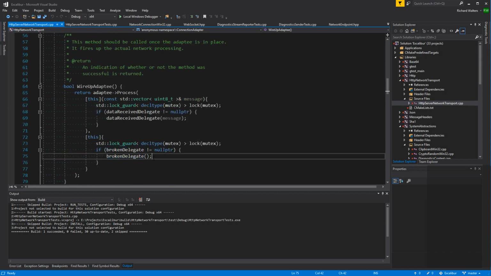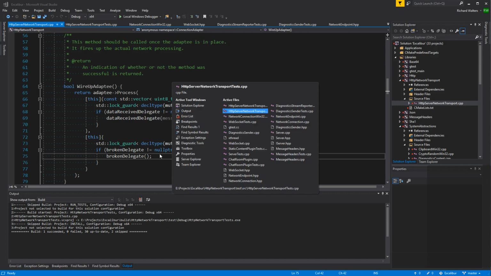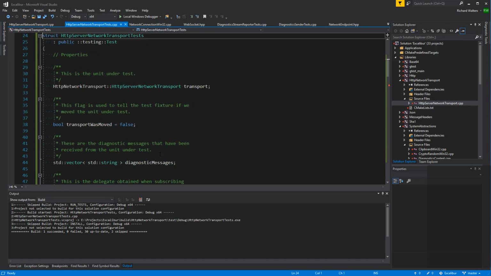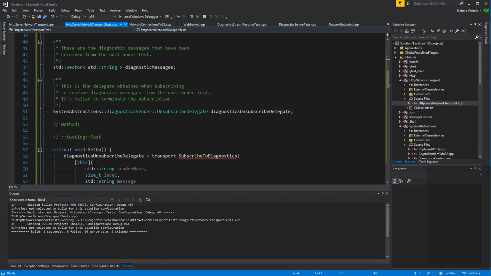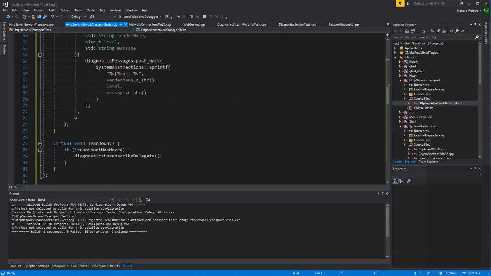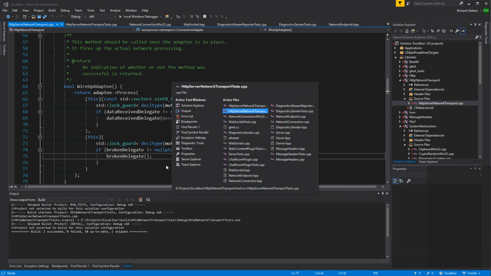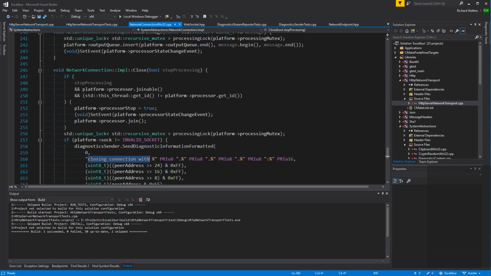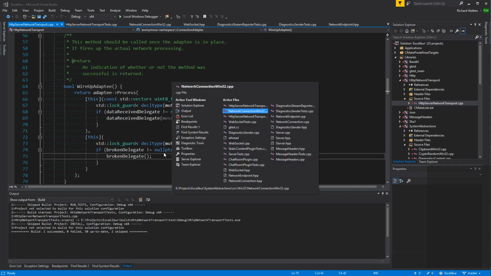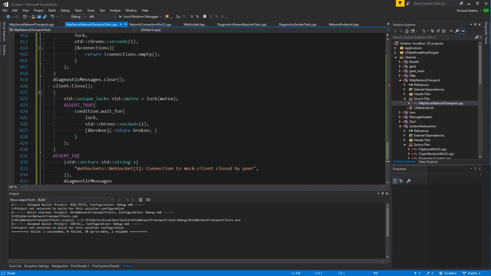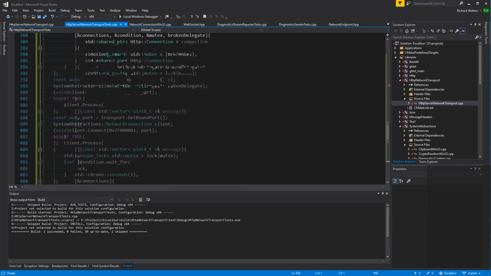There's no actual diagnostic message. Oh, but aren't we using a fake one? Are we using a fake one? I don't remember. I guess we're not. No, we can't use the fake one because this class specifically wires up a network connection from the system abstractions library. Okay, so we actually need to call this, and then we'll see that closing. So it's not that it gets closed from the client side, it's if we close it from the connection side.